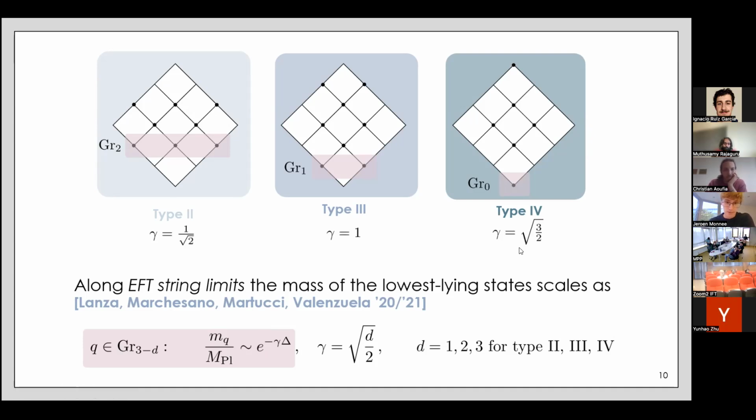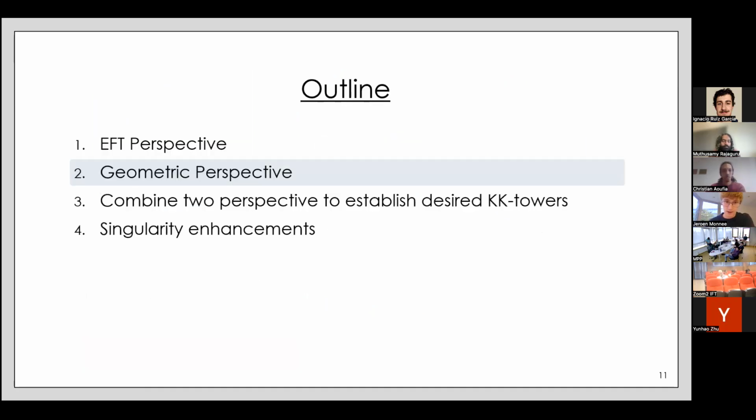So now you plug this in, and you find this quantity for the various limits, and then the taxonomy aficionados amongst you will immediately know, this is the coefficient I would expect for an emergent string limit, for a 6D decompactification, and for a 5D decompactification. So this is a first hint that probably these states will be relevant in establishing this duality range. But I want to emphasize that from this point of view, it is not clear at all whether we have a tower of states. And it's also not clear at all whether this tower indeed has the interpretation of either a string oscillator tower or a Kaluza-Klein tower. And for that, I will argue that you need to include a geometric perspective, which we will do now.